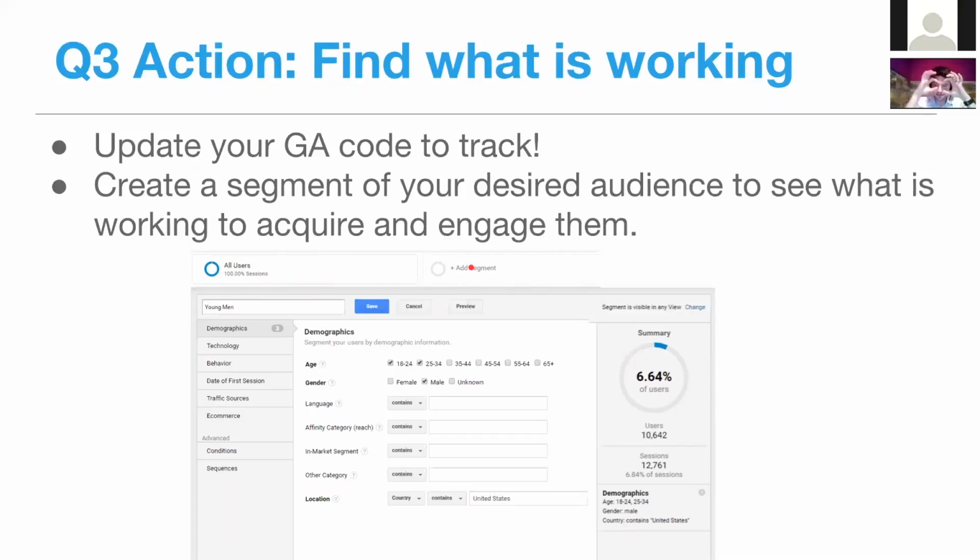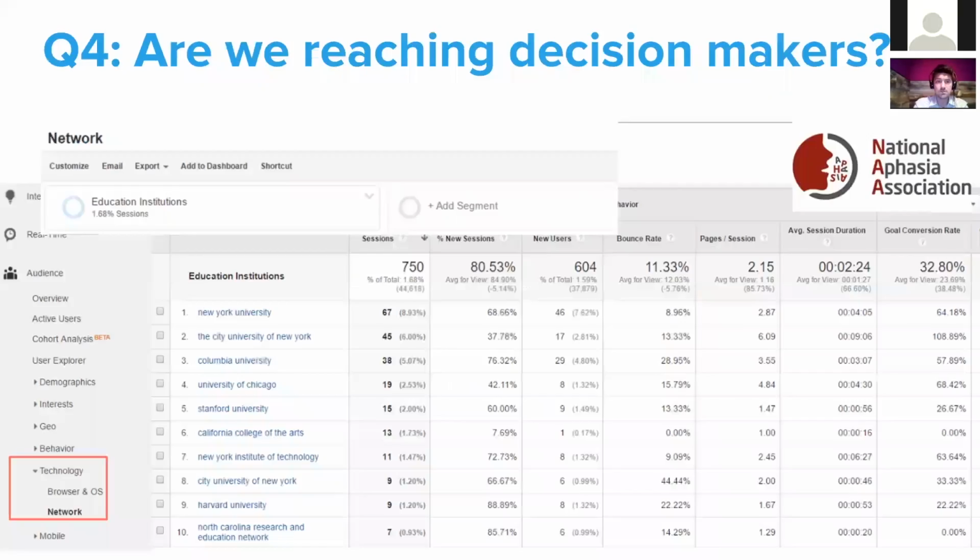And it's kind of like putting on rose-colored glasses, in this case, young men glasses, to look at all the traffic behavior on our site based on that demographic. That suddenly becomes very useful. You can see where they're coming from regionally. You can see what pages they're going to. You can see what sources of traffic brought them there. And we can answer a lot of great questions from there. But it comes back up to that initial question. The action steps you can see that come from this are great. And it's a good little thread to pull on as long as we're looking for the right answers.